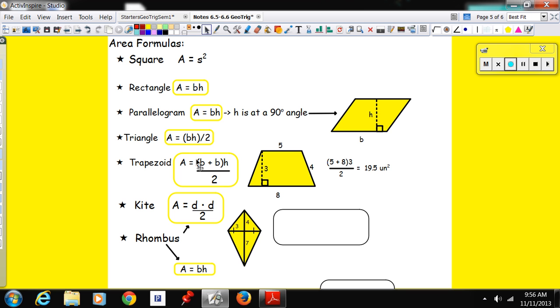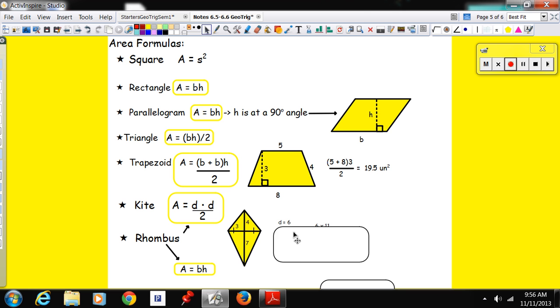Bases times height divided by 2. Think of triangle and trapezoid. Very, very similar formulas. To get the kite formula, you just take the two diagonals, diagonal times diagonal, and then cut it in half. So diagonal, this would be 4 plus 7, which is diagonal 1 is 6 because you